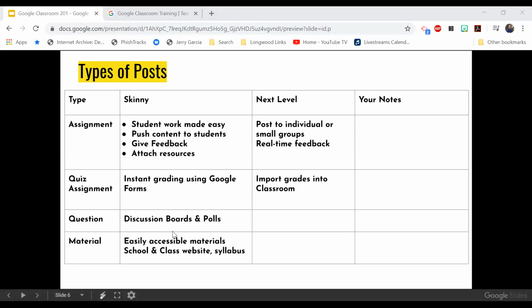Within this, our most prominent button up here is this create button. I'm clicking on create, and we have all these different types of things that we can create. We'll go into a deeper dive with assignments in just a moment, but I do want to go through what these other options are. So the very first one is quiz assignment. What quiz assignment does is use Google Forms. And Google Forms is an amazing tool. It's kind of a forgotten